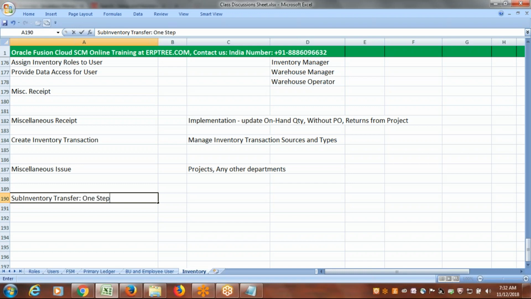If no authorization process is required, you want to do it as a one step process. In that case you can use the sub inventory transfer. The same requirement, if you want to move the material from one sub inventory to another sub inventory, if you want to do that process with some authorization where someone else will be involved in that process,